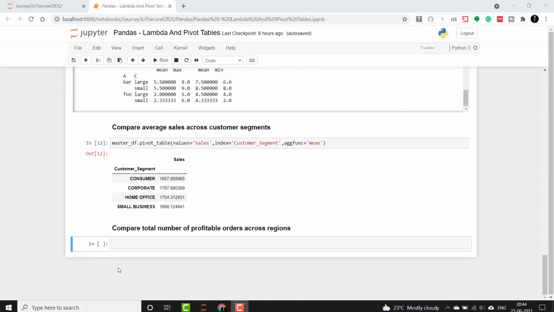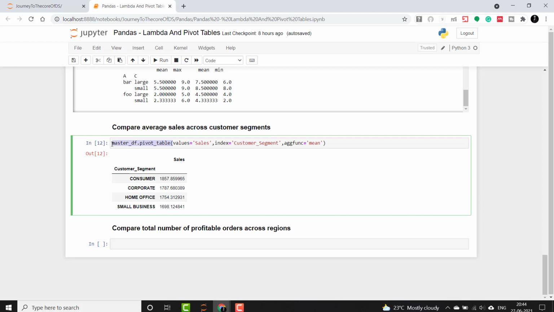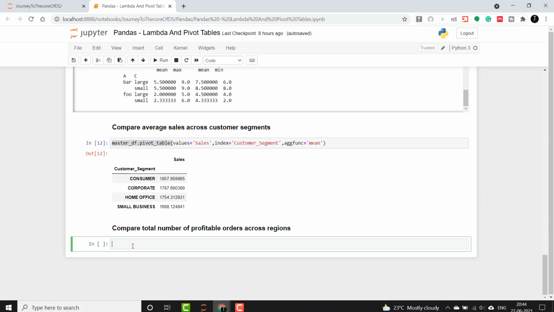Now let's look at one more example where we have to compare the total number of profitable orders across the regions. So we'll again take this pivot table, and then on values we will say is_profitable because we have already derived that, so we can use it.